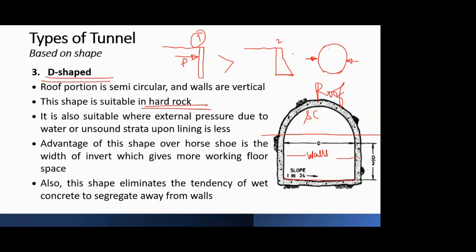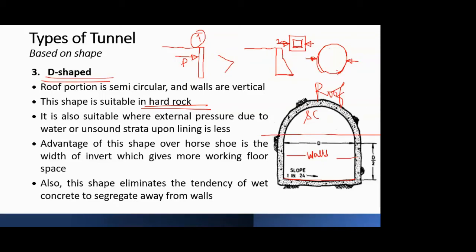But as compared to that, if you just have this kind of shape in a tunnel, the pressure on these walls will be extreme, and then you will need to do something about it. It's not like you will directly excavate and it will fall. So in that case, we go for lining in a tunnel. But again, that lining will use up all the space that you have excavated, so there is a waste, or it becomes uneconomical. That's why, as much as possible, we go for a curved shape.